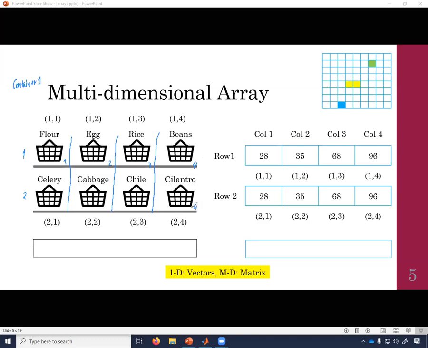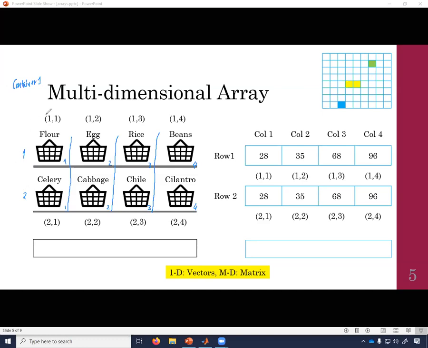Similarly, in the other shelf, we have container number 4, 3, 2, 1. Now, if I tell you get me the item from container number 1, the problem is there are actually two container 1. Now we have to somehow include the reference of their shelf